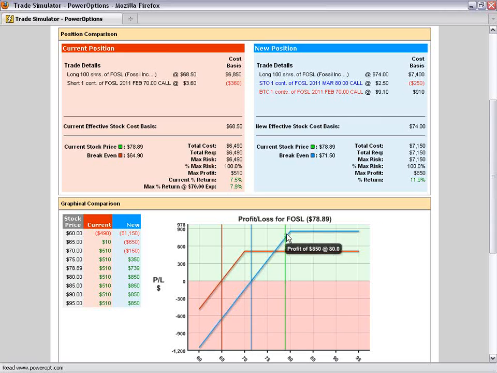We see that in the graph. But the stock has to be above 80 in order for us to realize that return. Does this match your goals? Well, yes, it does. We saw that on the other page. It is giving me that extra 2.5% or 3% for the next 29 days. But does it match my expectation? Am I comfortable with the expectation that Fossil may go up above 80 in the next 29 days and stay there? And if I'm concerned the stock's going to pull back, maybe it'd be better just to let this get assigned today and then look for a new position on Tuesday.